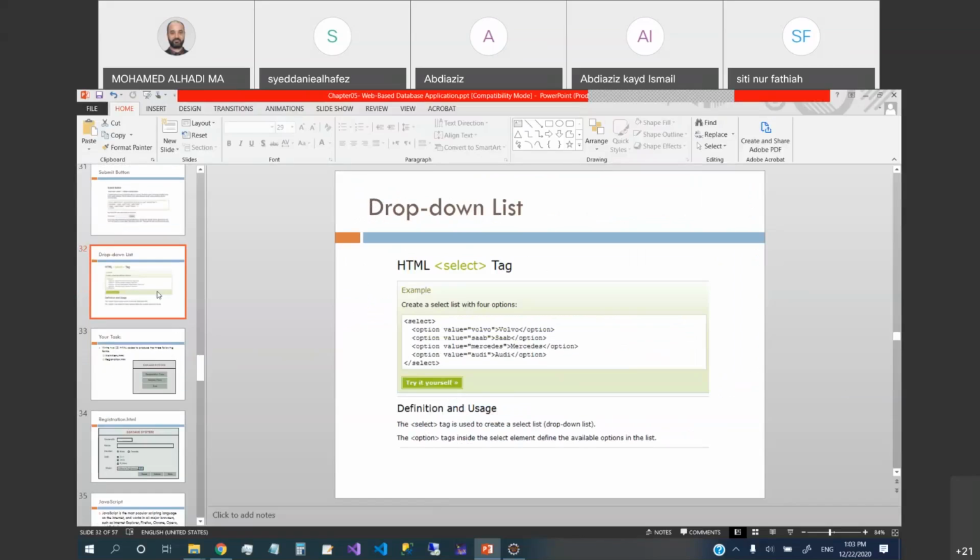After that we have the drop down list. The drop down list is called the select tag. So we have select, then inside the select we have multiple options. Every option has a value, then we close the option. Okay, so as you can see here,